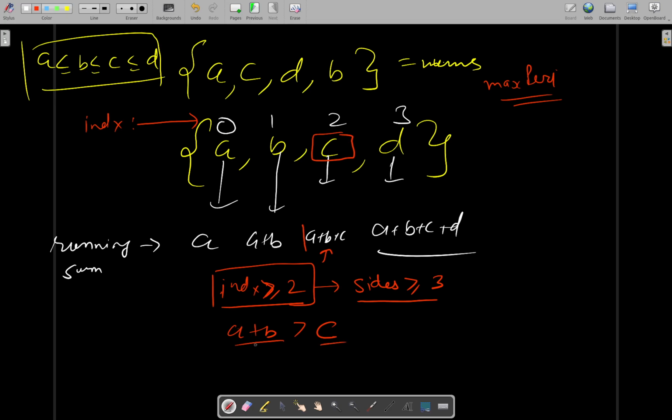More specifically, at the second index, it is nums of second, and if we are putting running sum in an array-like structure and marking the indices, it will be nothing but